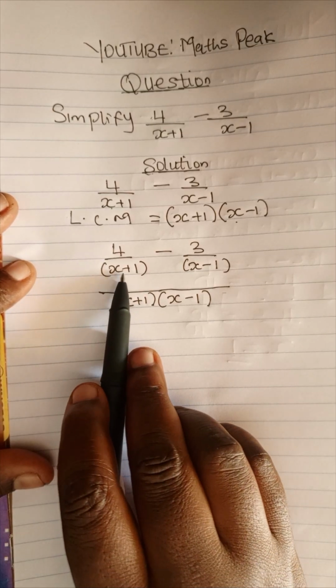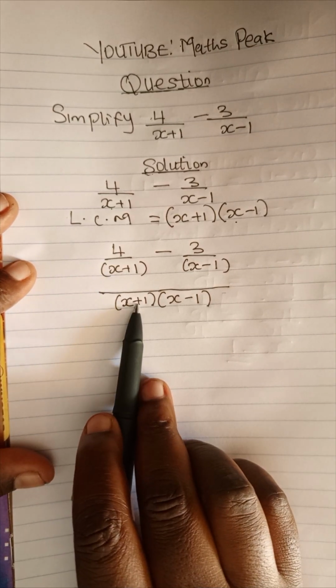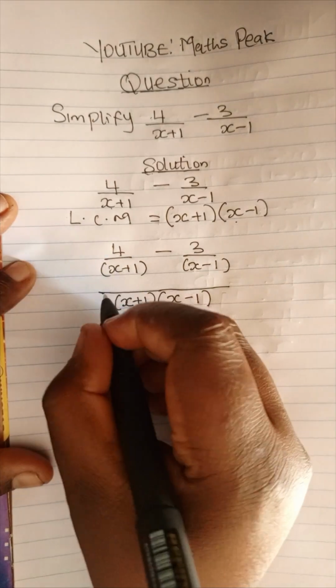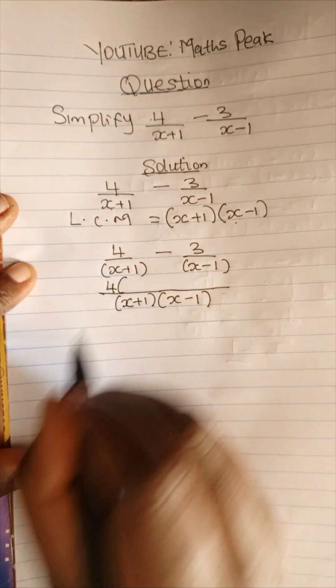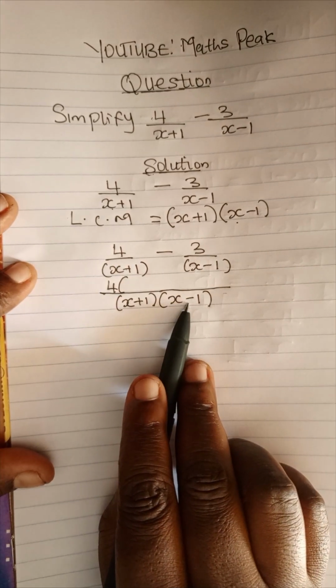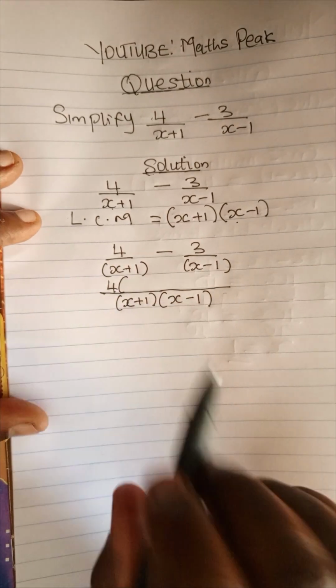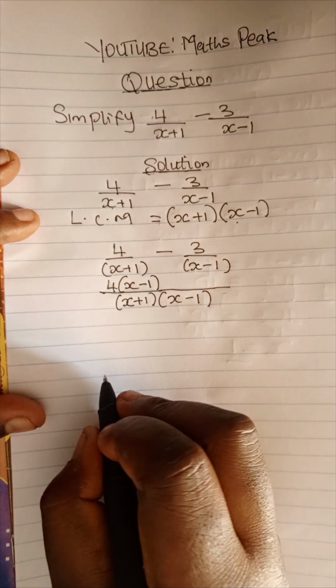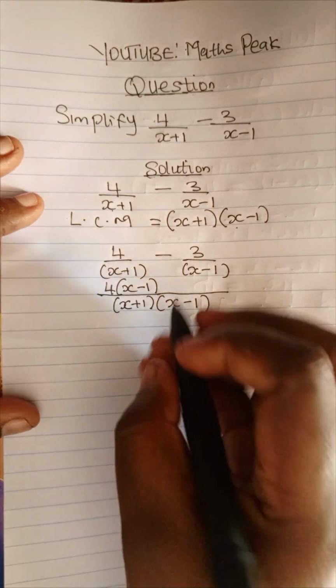Now we have x plus 1, x plus 1. Since it is the same, you can cancel. You take the numerator, which is 4, open bracket; x plus 1 has cancelled x plus 1. You are left with what? x minus 1. So you put that x minus 1, close the bracket. Now you have minus,